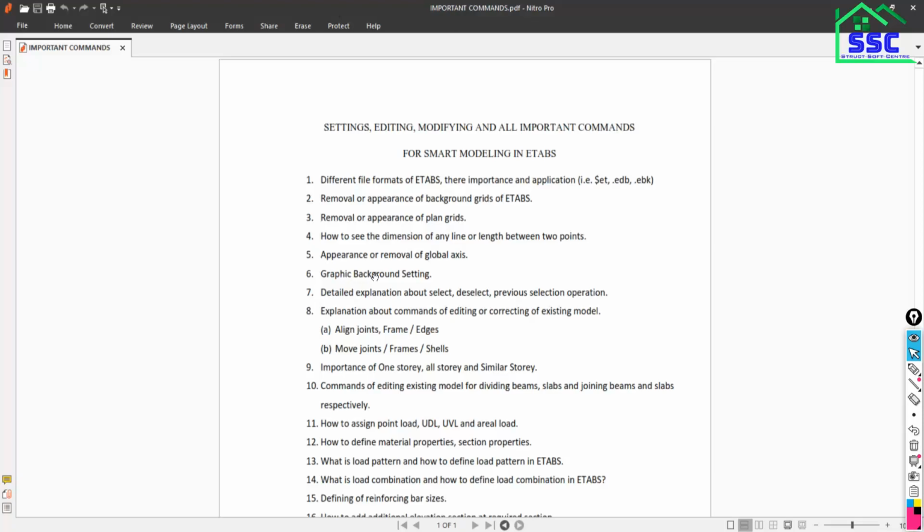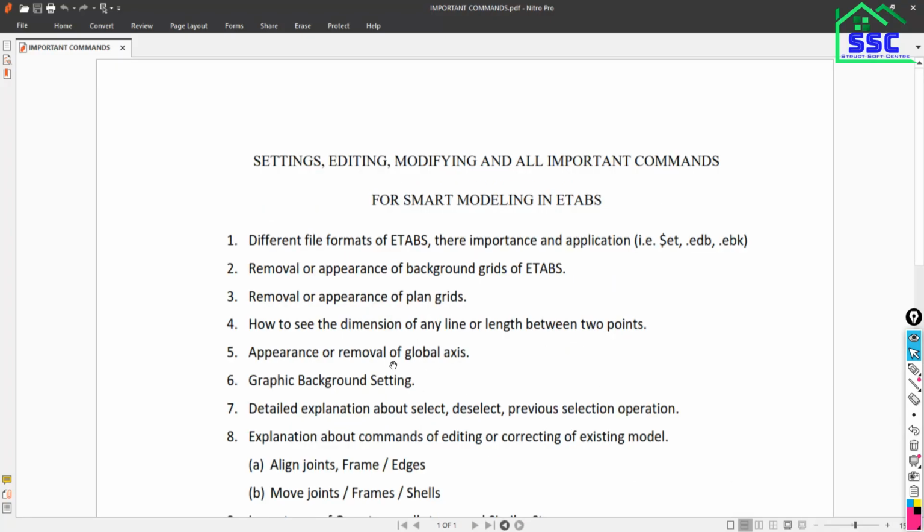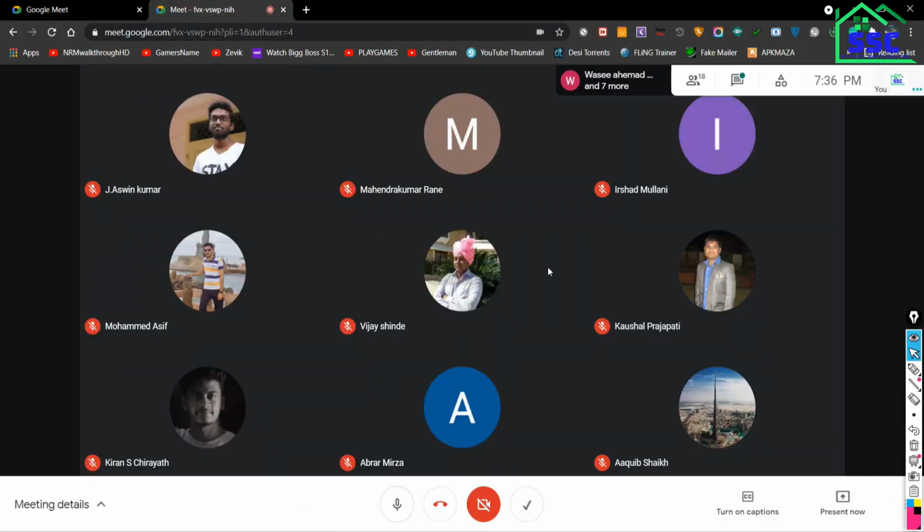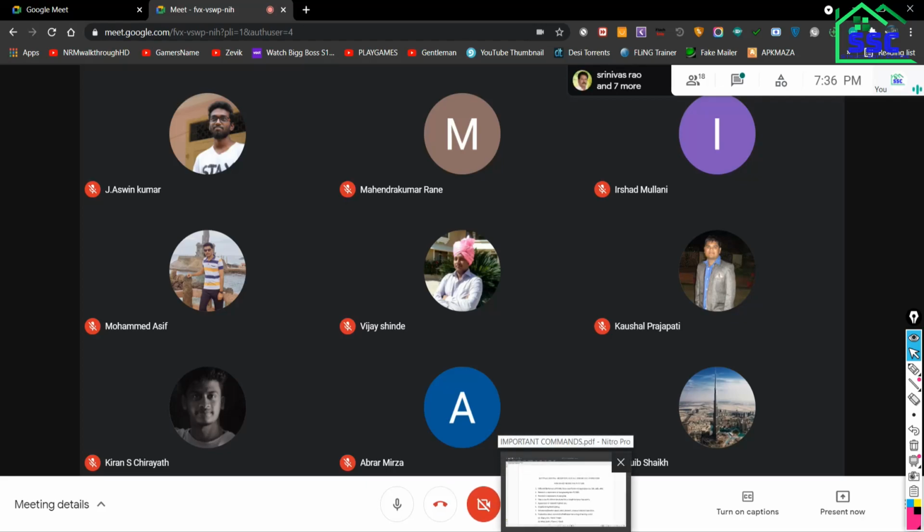Now the next exercise, here we have to see some important commands and settings of the ETAP software that will help to work effectively with the software and to complete the modeling, analysis and design using ETAP. So it is important for you all to be familiar with this software first. Unless you have command over this software, you will not be in a state of using it effectively.